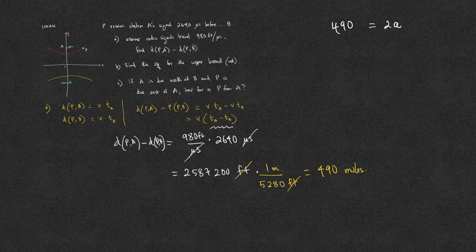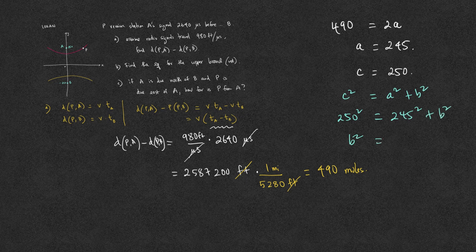We set the difference in the distances to be 2a. Therefore, a equals 245. Also, c is 250 because A and B are the foci of this hyperbola. Now that we have a and c, we can find b. In a hyperbola, c squared equals a squared plus b squared. c is 250, a is 245, and so b squared is 250 squared minus 245 squared, and this will give us